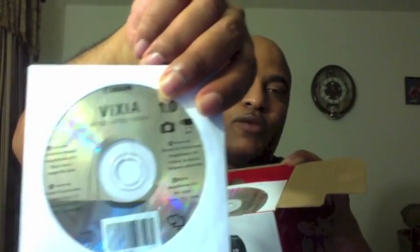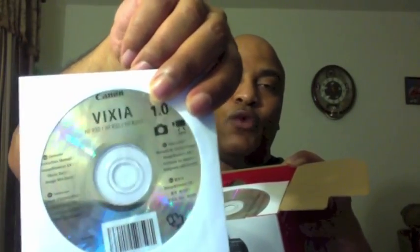You've got a Vixia disc which has the PDF owner's manual on it, as well as some background music that you can use. You've got a transfer utility disc which helps with transferring the video from the camcorder to your computer. You have an actual owner's manual, a hard copy here. And then behind this flap